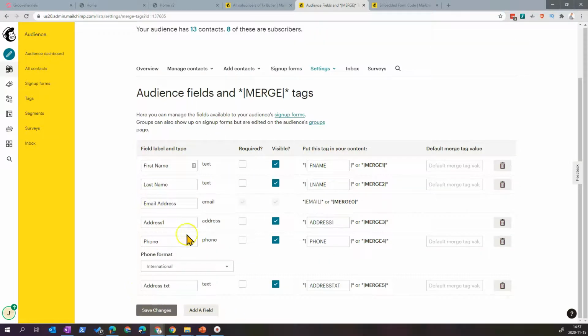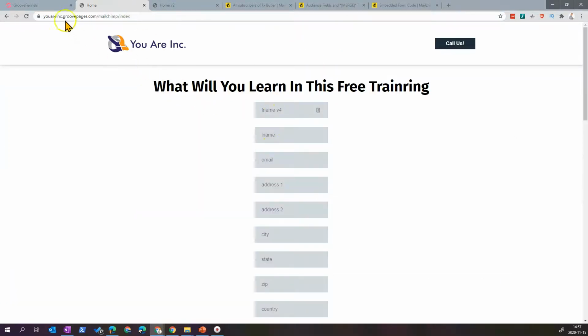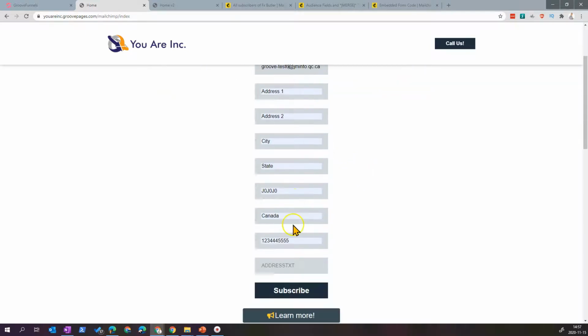So for now we have defined this. We will go back here and see how it works. So this is my test page. If I select here Mr. Testing number 6, for example, you see that all the fields are filled. This is the country. The country is actually supposed to be a drop-down where the value of the drop-down is the number of the country. So it's 164. This is the internal number for MailChimp. And this will be test V6, for example.